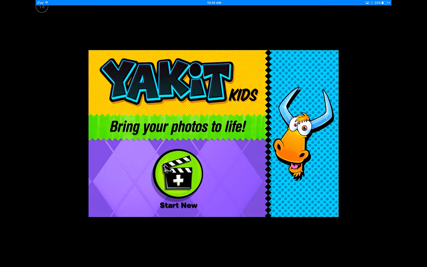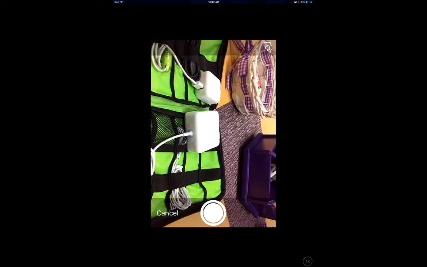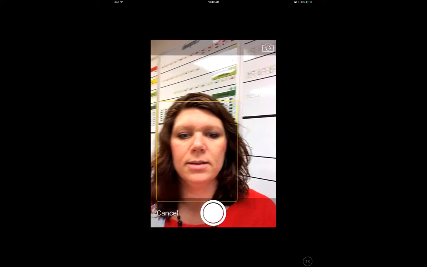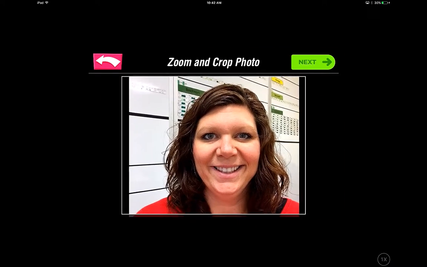Okay, and this is what the screen will look like when it pops up. To use it, I'm going to click Start New. Now I can take a photo. I can go into my photo album, or I can do a web photo search. I'm just going to go ahead and take a photo. Okay. I'm going to click Use Photo. Now I can zoom and crop